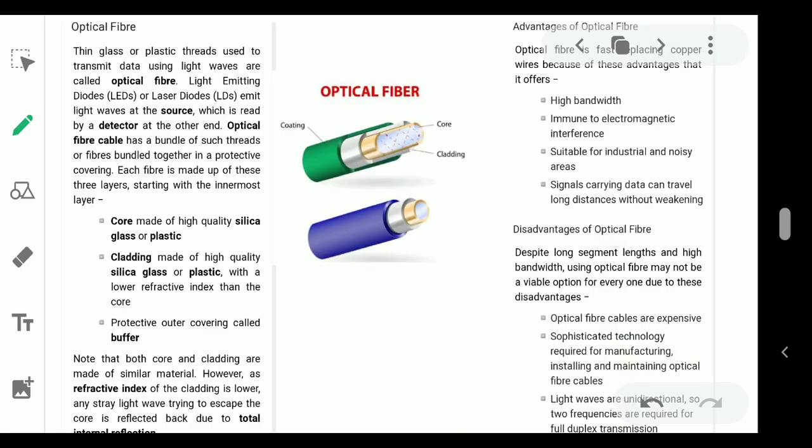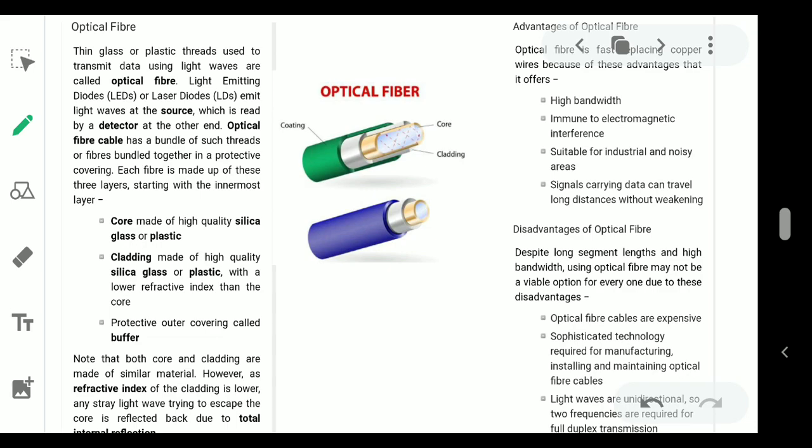Now coming to the next topic, that is the fiber optic cable, or you can say optical fiber cable. The cable consists of a central glass fiber, 5 to 100 microns in diameter, supported by layers of pure silica called cladding. To protect it, a plastic jacket is present outside the cladding. This plastic jacket is reinforced with strength fibers to protect the fiber. So you are able to see the cladding part, core part, and the coating part as well.